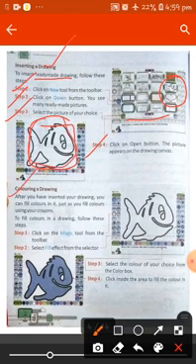Now, coloring a drawing. After you have inserted your drawing, you can fill colors in it just as you fill colors using your crayons. To fill colors in the drawing, follow these steps. First, click on the magic tool from the toolbar. Second, select the fill effect from the selector. Third step, select the color of your choice from the color box and click inside the area to fill the color in it.